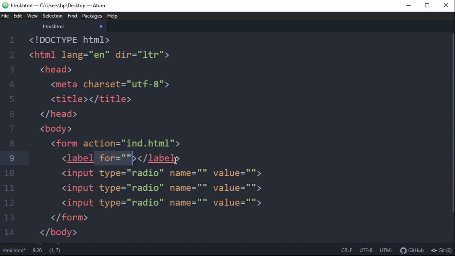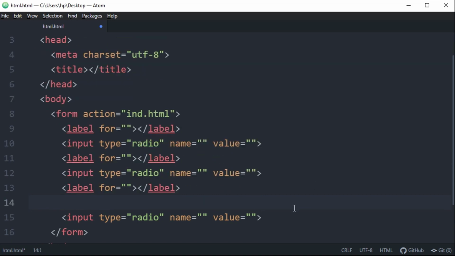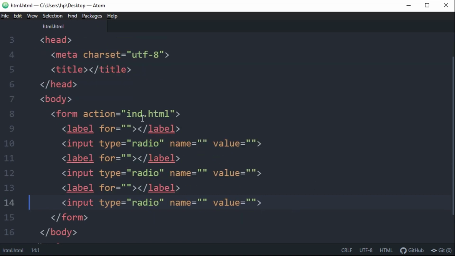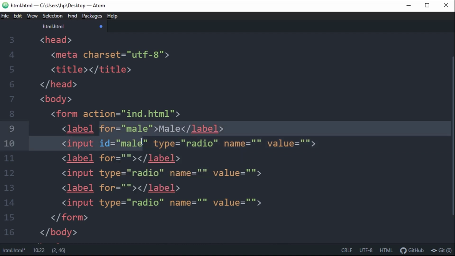So how can you do that? I'm labeling all these radio buttons. First is for male, with id male. Keeping the same values in the for and id fields.